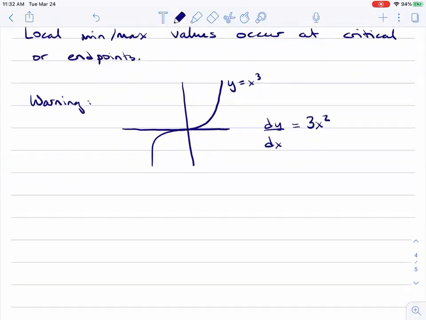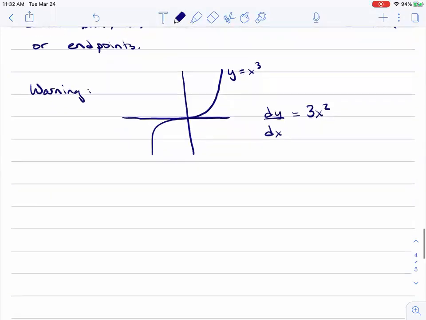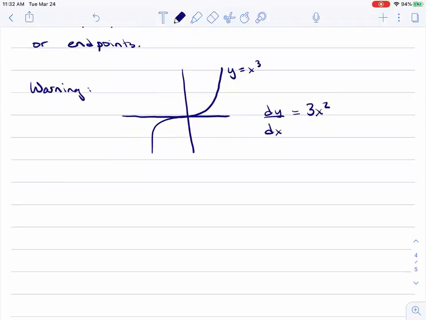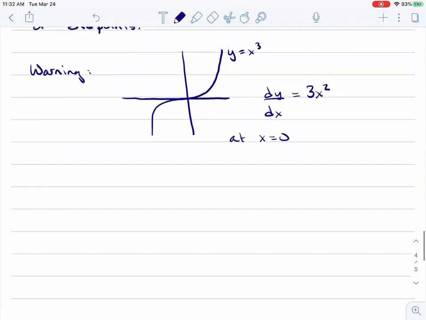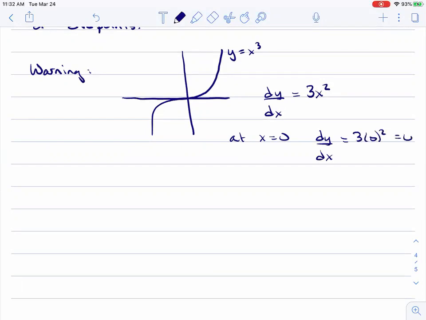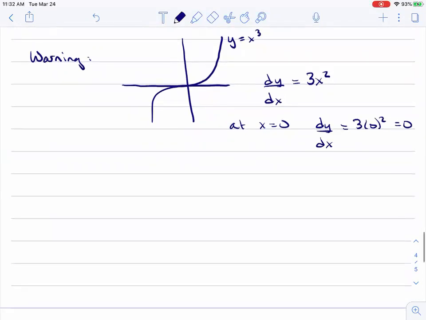If I set the derivative equal to 0, then at x equals 0 I'm going to find that the derivative is 0. So at x equals 0, dy dx is 3 times 0 squared, which is 0. So x equals 0 is a critical number,